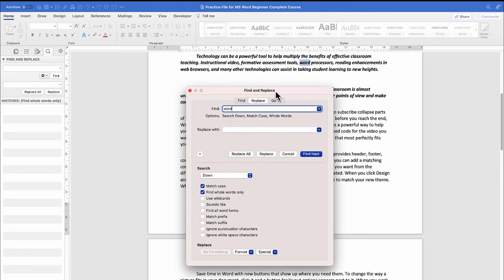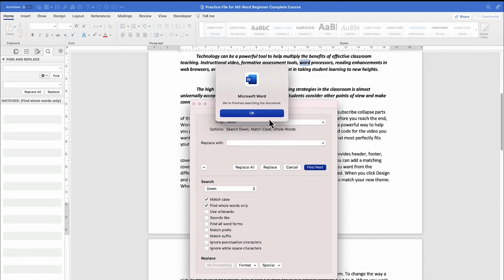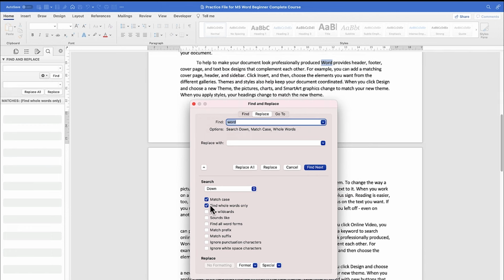Okay, so let's find it. How many is it in the entire document? So you can see it. You can see one here. You can find the next one. You can see it has reached the end of it. So if you remove this